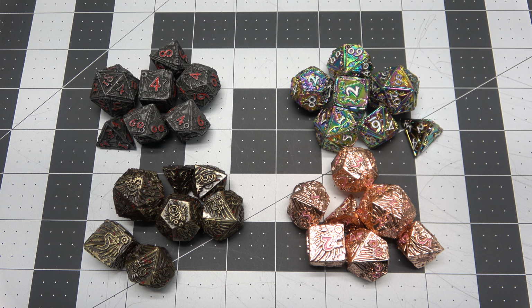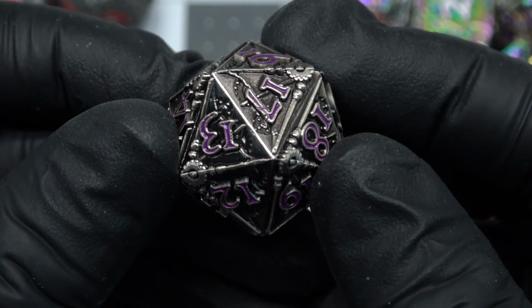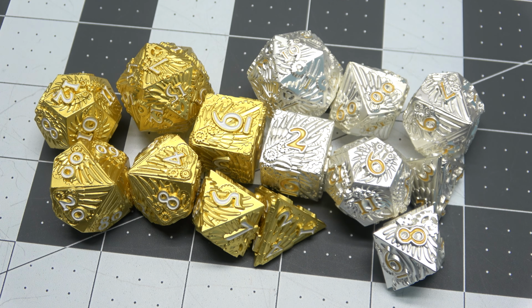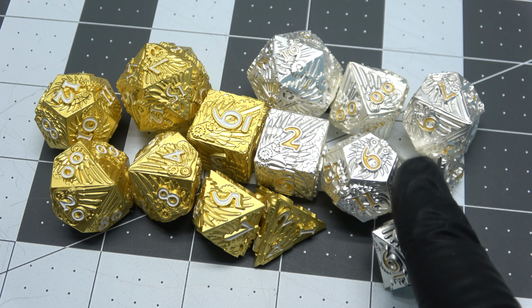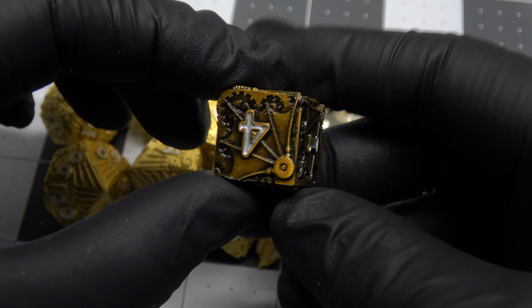They come from matte to the kind of rainbow metal to something crazy chrome-y. And so I'm going to show you all of those so you can see all the different designs, because luckily they sent me all of them. Obviously, my absolute favorites are these gold ones here, but I am playing a cleric, a light cleric of the Silver Flame in an Eberron campaign, and so I've got a soft spot for these silver ones with gold numbers on them as well. I wouldn't say any of them have a bad design by any means,